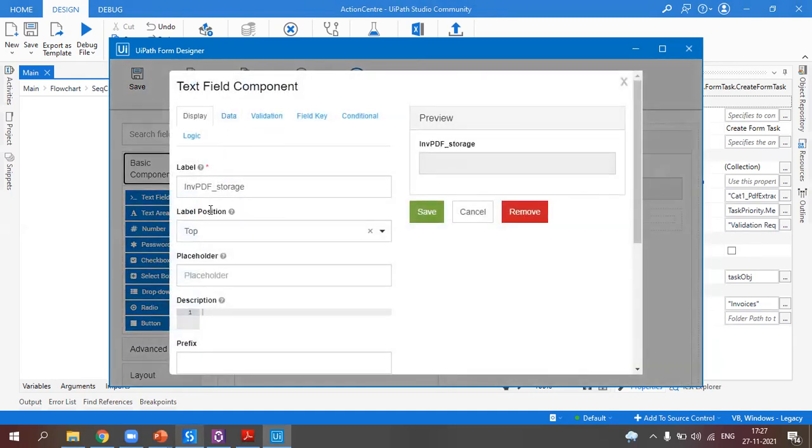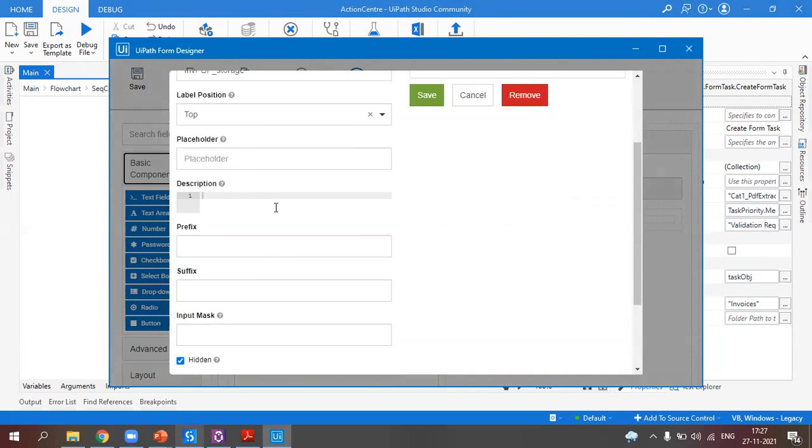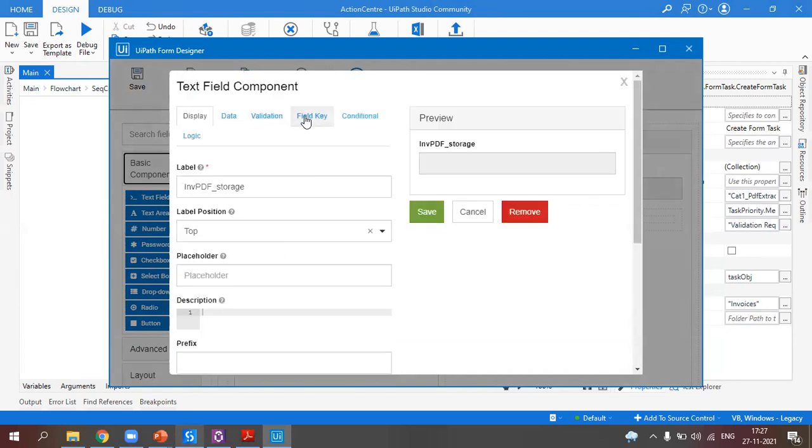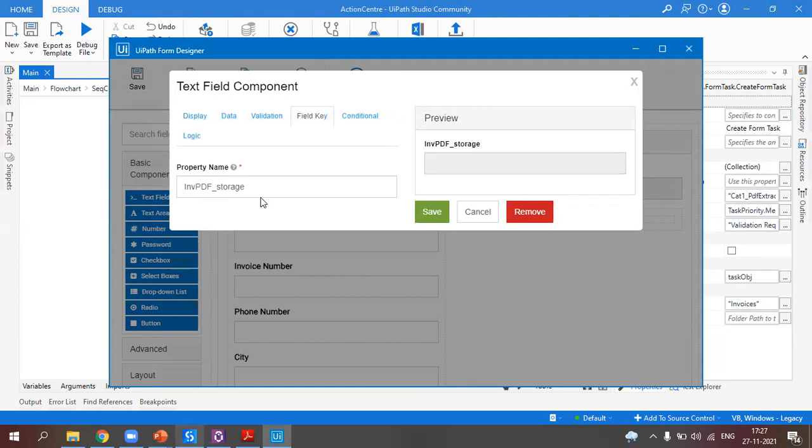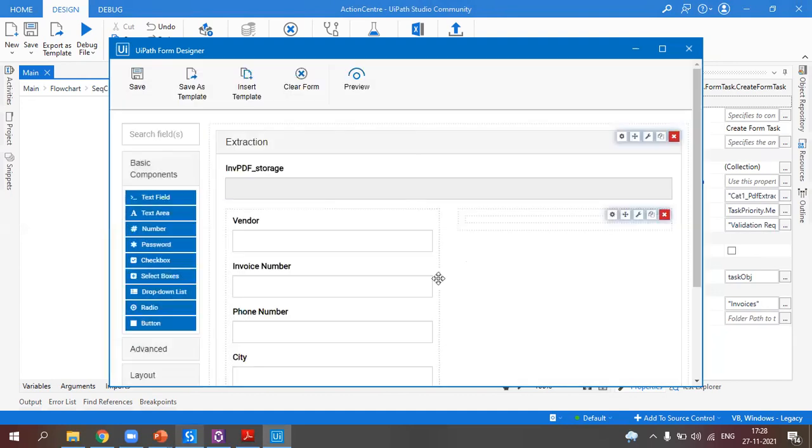You can label it, give the position, a placeholder, a description. Also, if you have to assign an argument, you can assign the property name, and that variable will be assigned to it. So it displays invoice storage and then the value here. This is called customizing the form components.